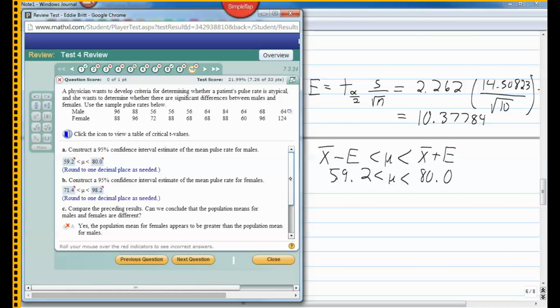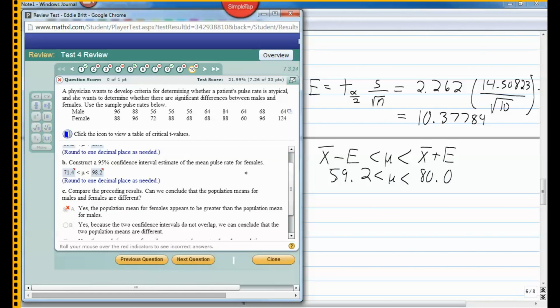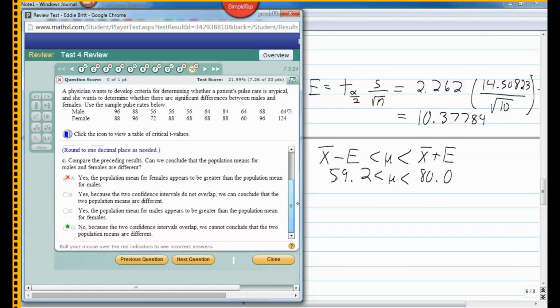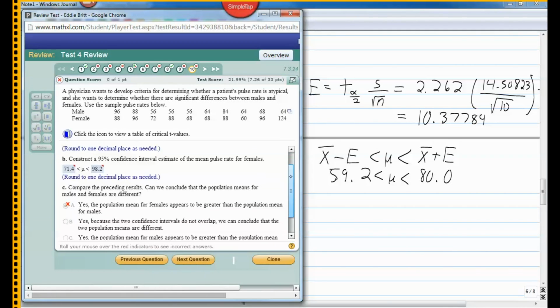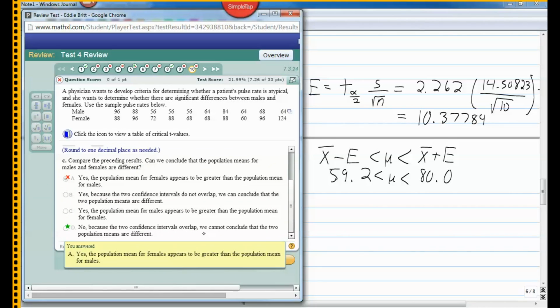Part C says, comparing the preceding results, can we conclude that the population means for males and females differ? Do these intervals overlap? It looks like they do a little bit, right? This top end is 80, this bottom end is 71. So these intervals would overlap. So I wouldn't think that they would be different, really, because there's a chance that they're the same. Let's see. No, because the two confidence intervals overlap, we cannot conclude that the two population means are different. All right, so that's why. And that's problem